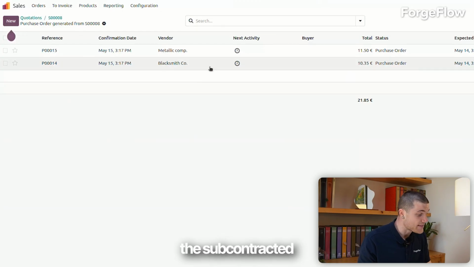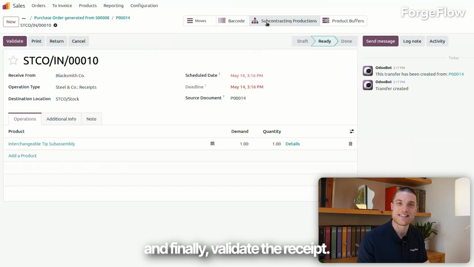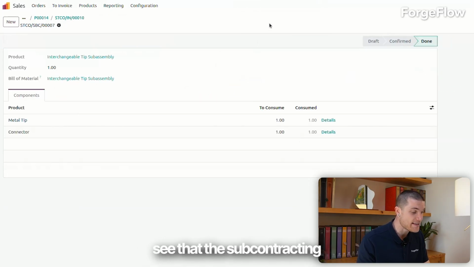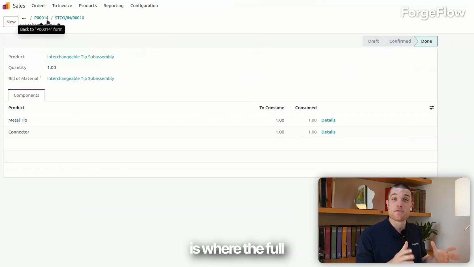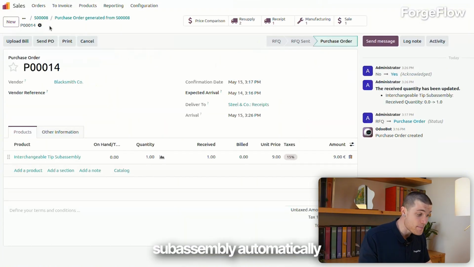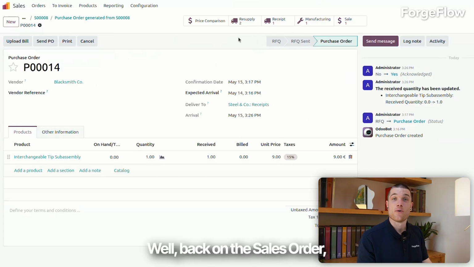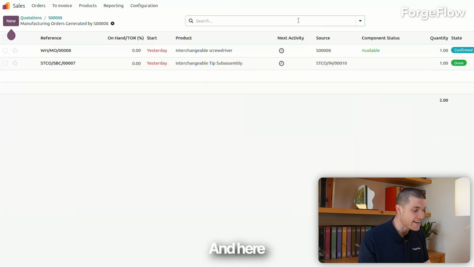We open the subcontracted subassembly, select Receive Products, and finally, validate the receipt. At the top of the screen, we can now check and see that the subcontracting production has been completed successfully. And this is where the full flow comes together beautifully, because now the finished subassembly automatically becomes available for our final manufacturing operation. Well, back on the sales order, we open the Manufacturing smart button, and here we can see